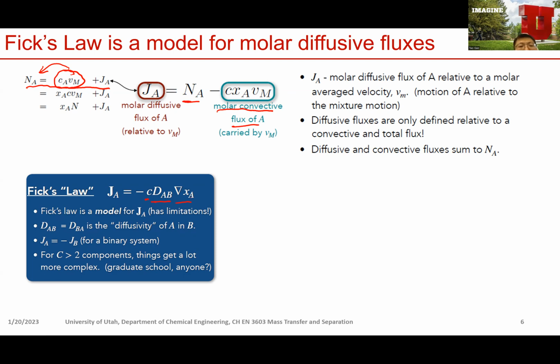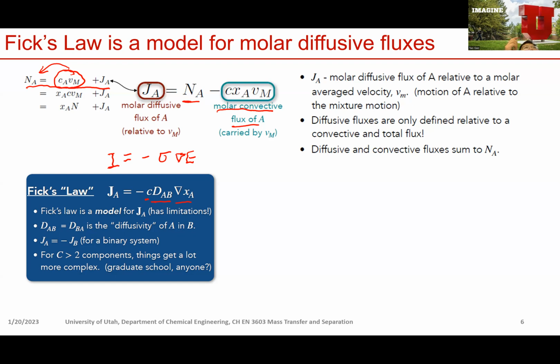This is similar to Ohm's law, in which the current density is proportional to the conductivity multiplied by the gradient of electric potential, right? And fundamentally, these two equations are actually the same because Ohm's law just tells us the